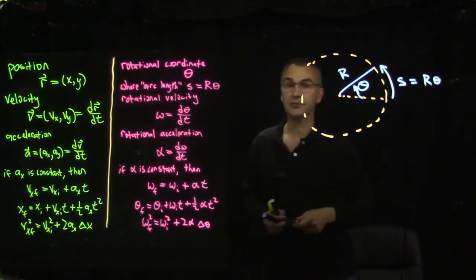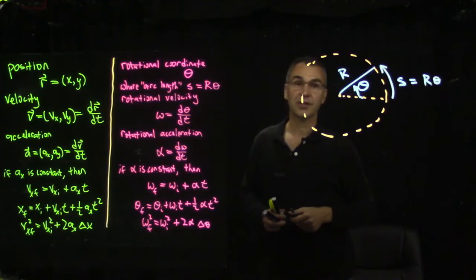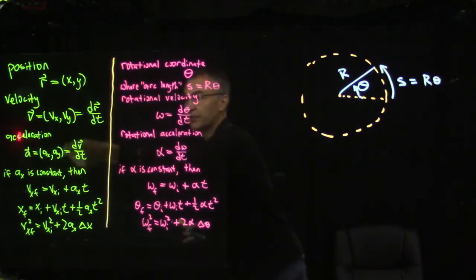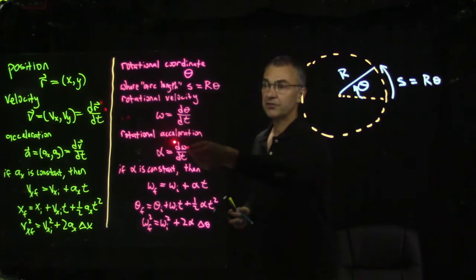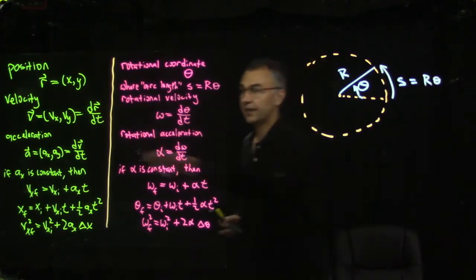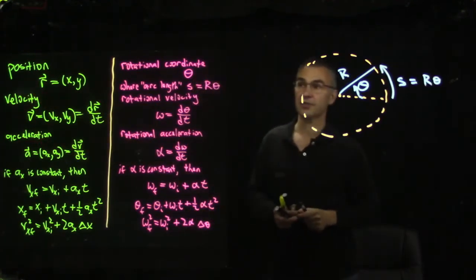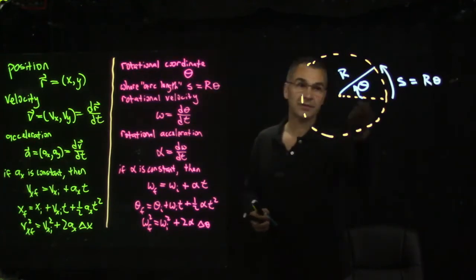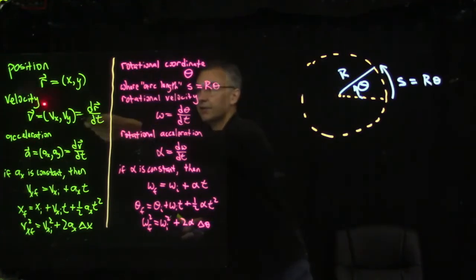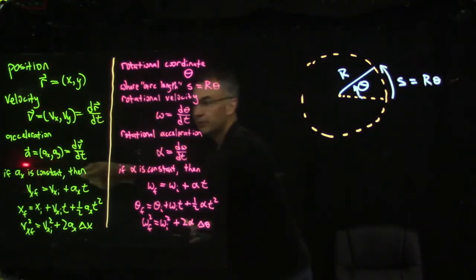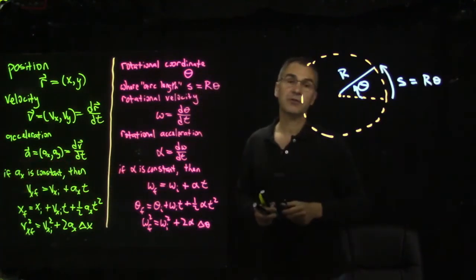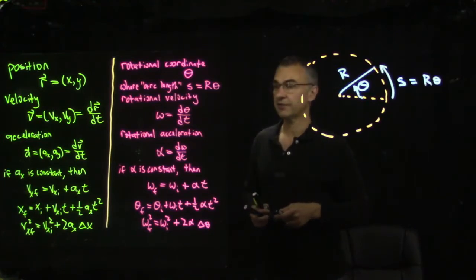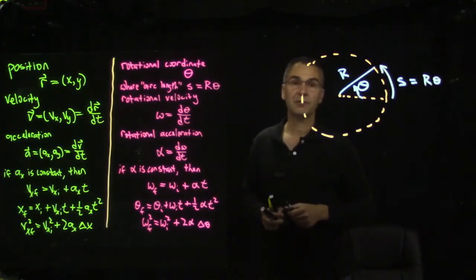Rotational acceleration alpha is the rate of change of rotational velocity omega, just as acceleration is the rate of change of velocity. So rotational acceleration is to rotational velocity as acceleration is to velocity. And rotational velocity is to this angle theta, the rotational coordinate, as velocity is to position. We learned these results in chapter 3, and we saw that they were simply math. The only physics in them was a statement